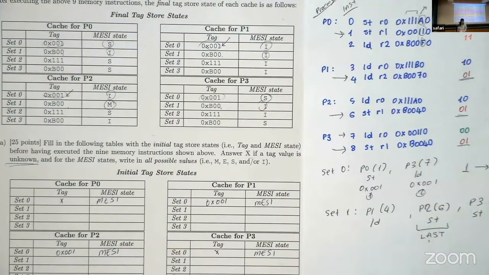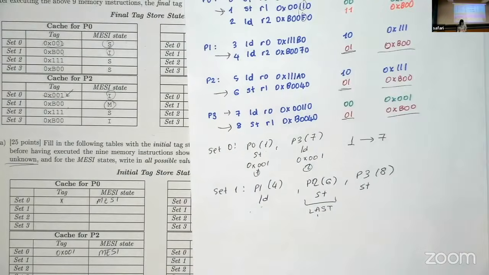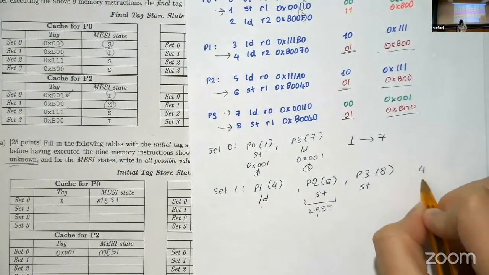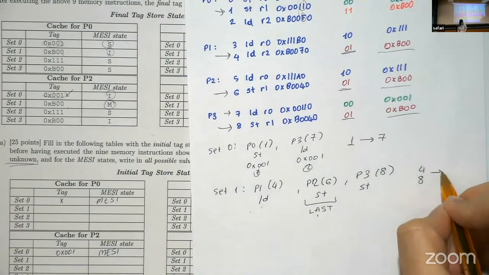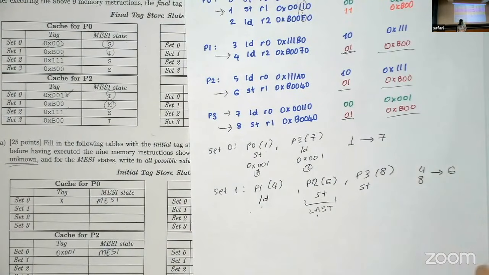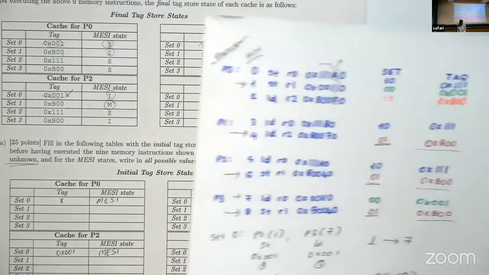But before that, we don't know what the state was, so we cannot know which instruction was executed first, 4 or 8. What we know is, oh, you were not seeing it fully, I guess. So 4 and 8 executed in an unknown order, and then we executed 6. So when you think about the initial state based on this, well,